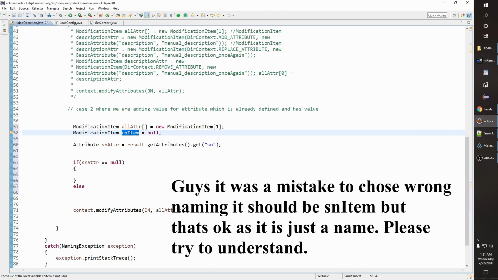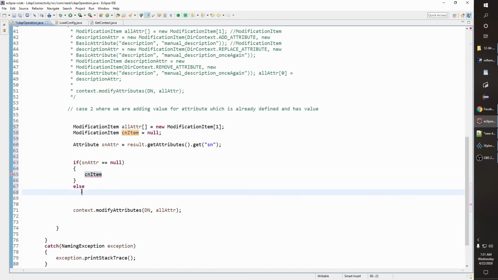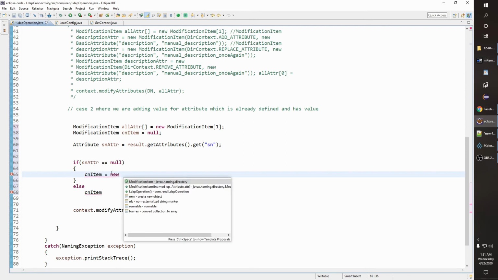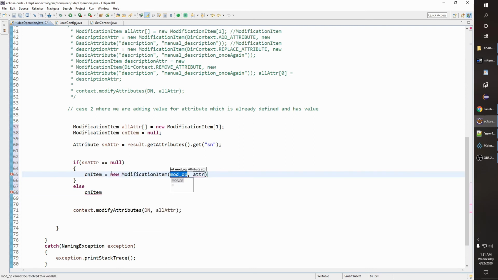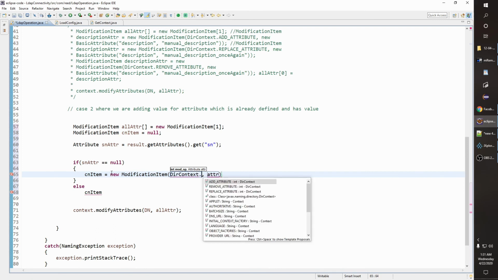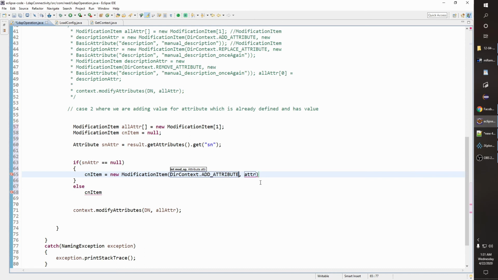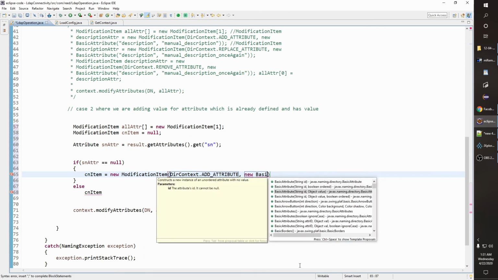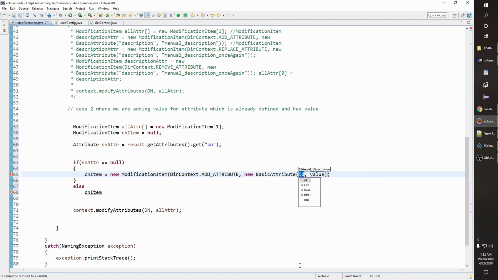And okay, so what we can do is new modification item, and if it is null, then what will be directory context dot add attribute, and here you have to create new basic attribute, okay, and that will be SN and value will be added value, correct?